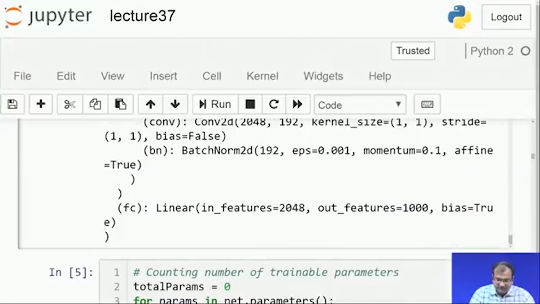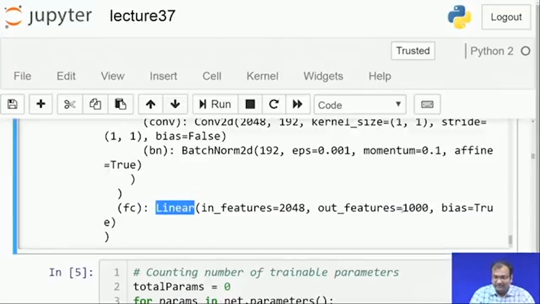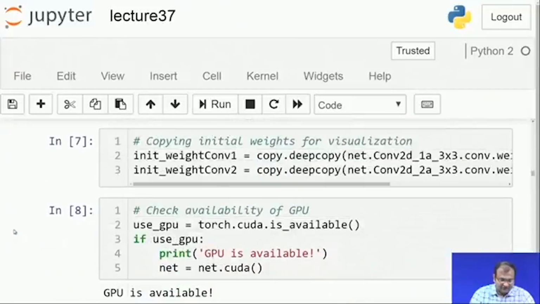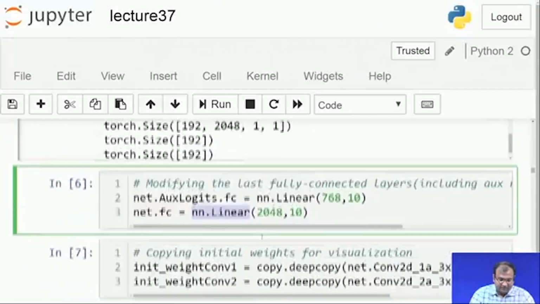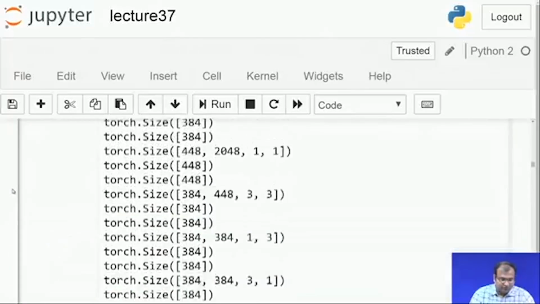Yeah, one is this last part, which is my linear. This linear one is where I will be making this 1000 to 10. That is the second part of the change which I am making. So, I just make this connected from 1024 onto 10, and then the other part which I need to change